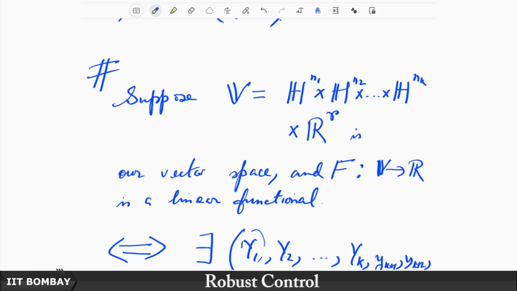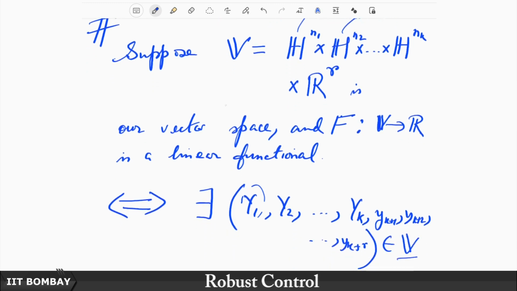because you know n1 h to the n1 is not really an n1 dimensional vector space, it has a lower dimension. So, maybe the dimension of this one is, say, d1. So, maybe this dimension is equal to d2. So, you will see the overall dimension is going to be d1 plus d2 plus dot dot dot till dk plus r, yeah, that is going to be the overall dimension